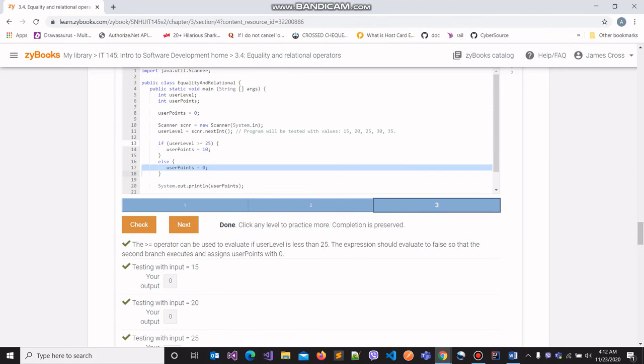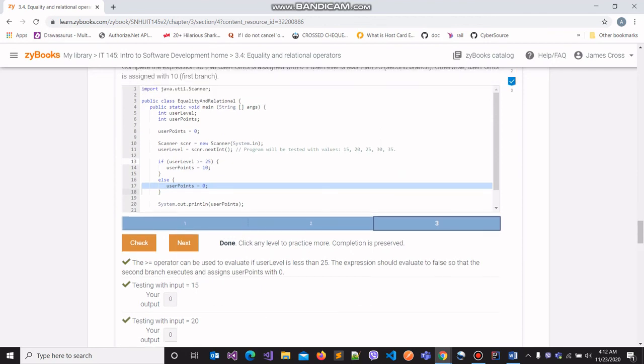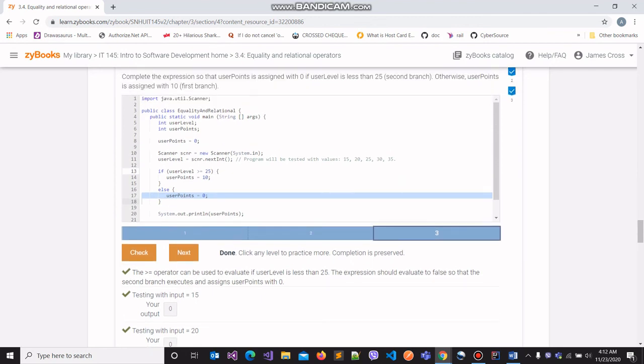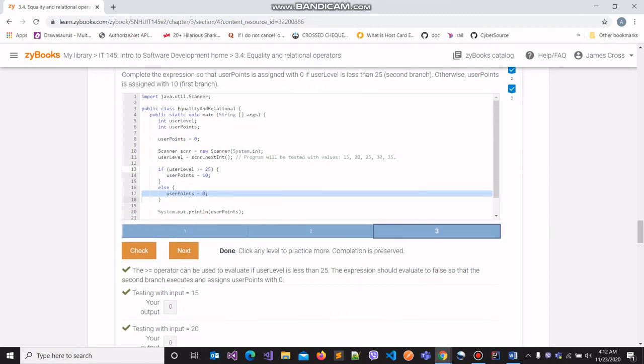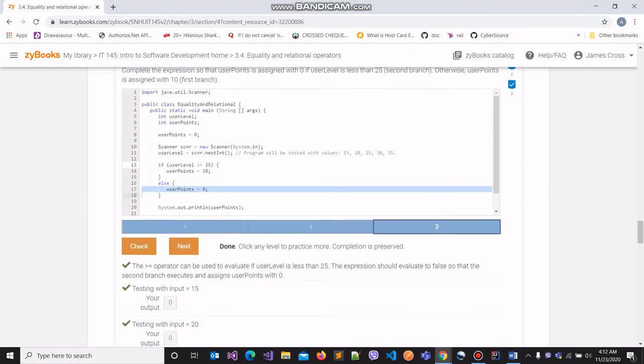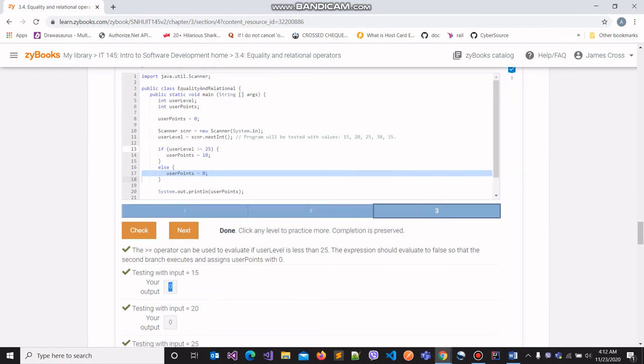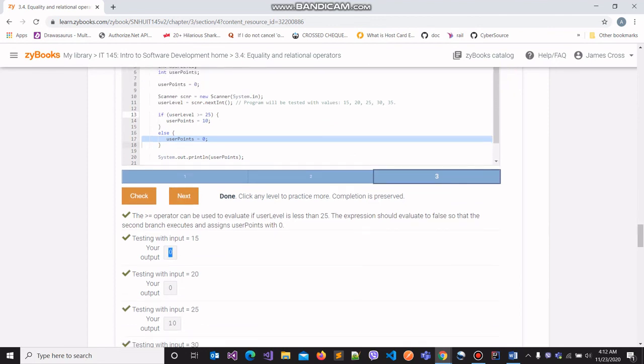We know that userLevel being 15 is not greater than or equal to 25, so this expression evaluated to false. This means the code within the else block is going to be executed, according to which the value 0 needs to be assigned to the variable userPoints, and it was assigned, as can be seen from the output box.